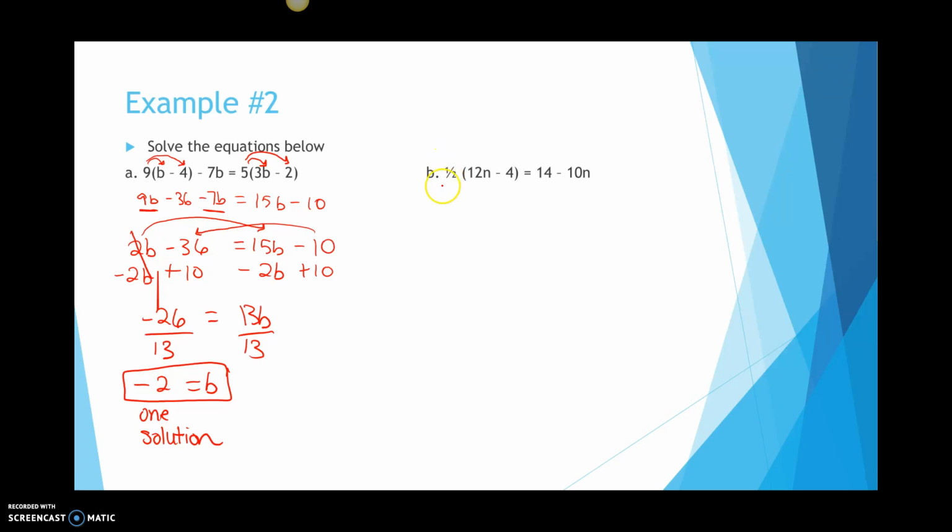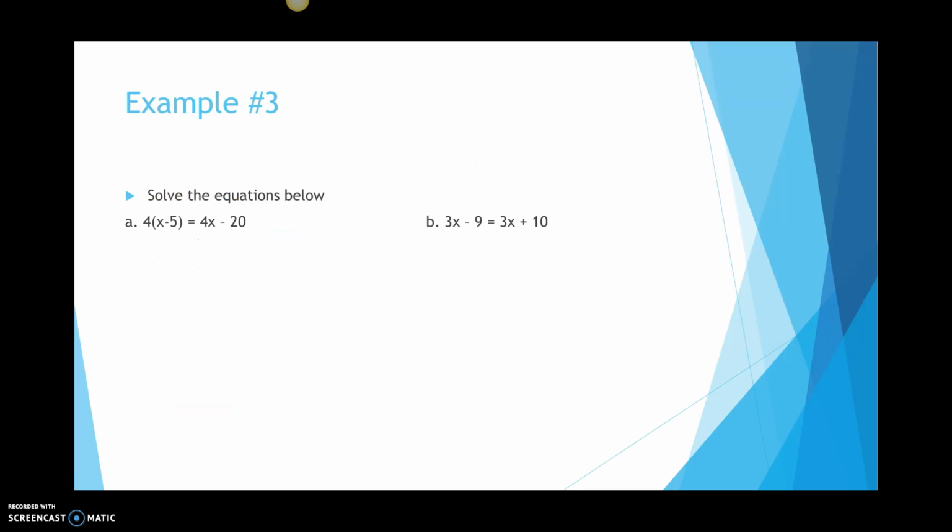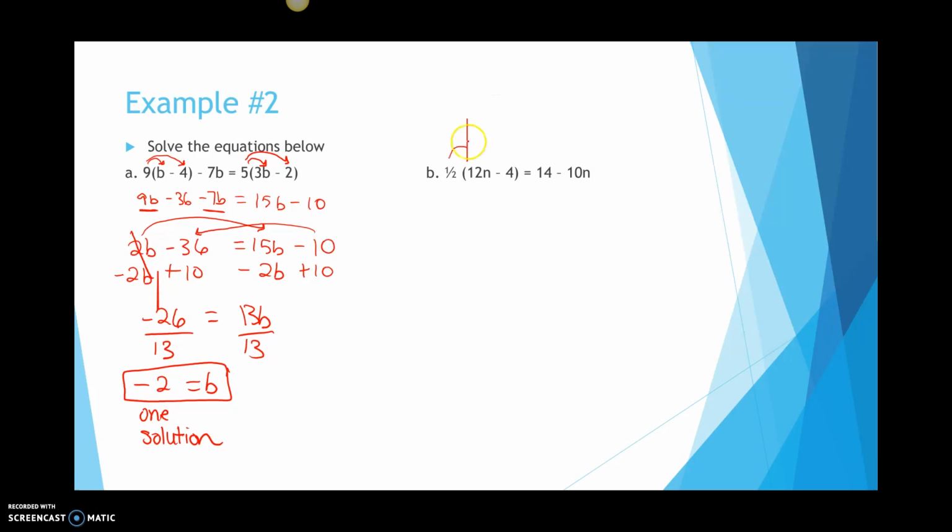For b, we have half, and in the parentheses 12n minus 4 equals 14 minus 10n. Now, if we distribute the half to each term in the parentheses here, we can do that. Half of 12 is going to give me 6n. Half of 4 gives me 2, so that's a minus 2. So 6n minus 2